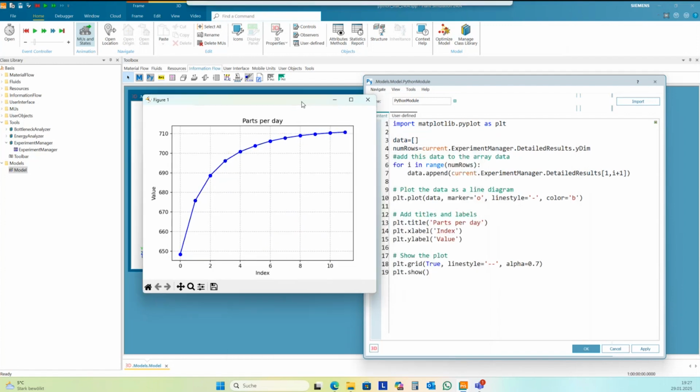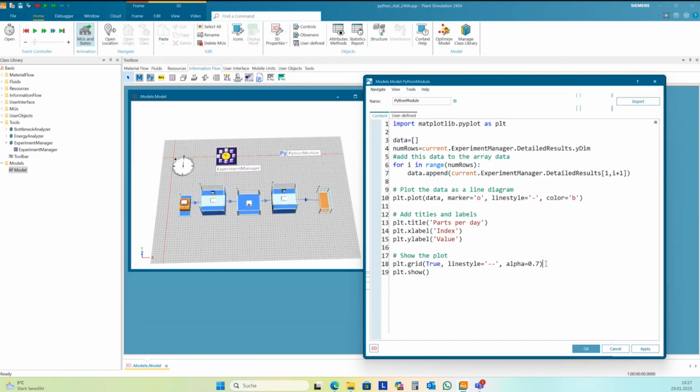And so the grid looks a little bit different. And we can add the numbers here.